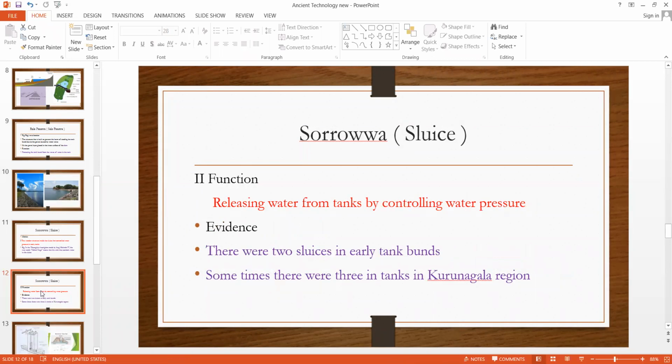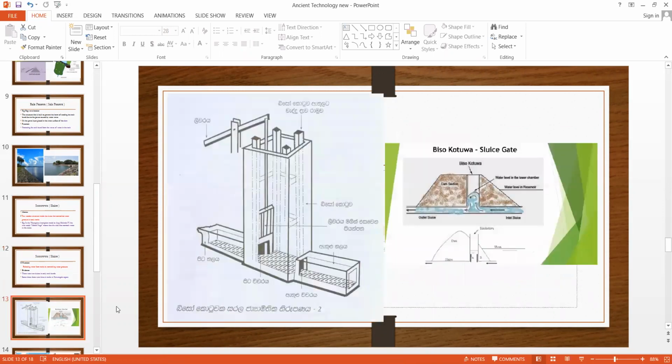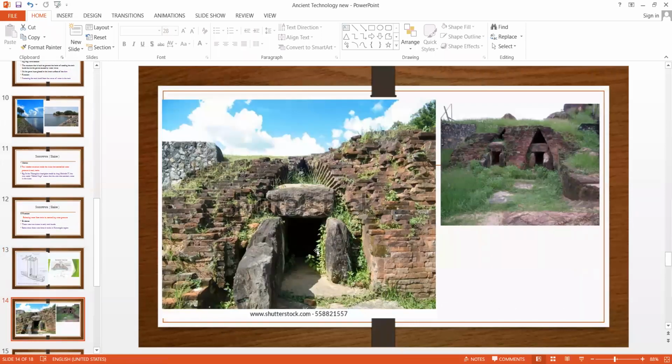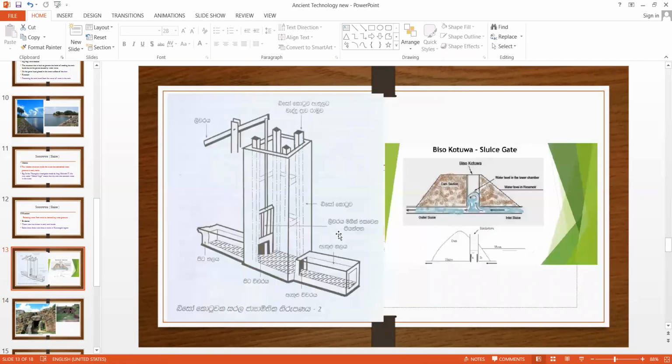So now see, I will show you a structure of such a thing. Now see here, this is the dam. Through the dam, the wall comes, this is known as the sluice, sorovar. It goes to the dam. So when we take a big one, like now see, you can see here, this one is sorovar. This is an early sorovar in Maldives dam. So only this water comes, it's very huge.